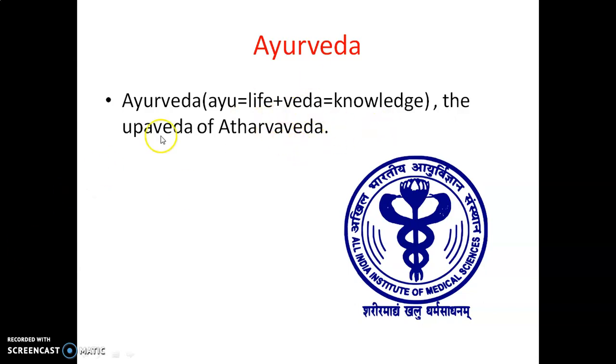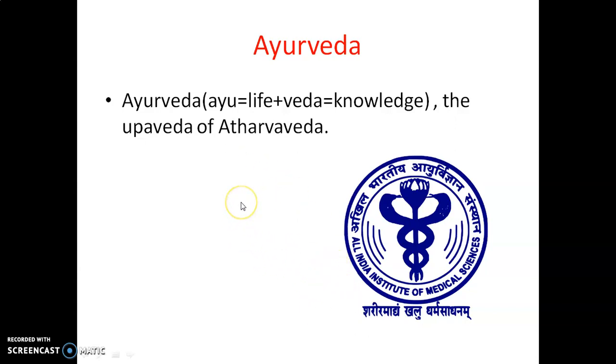It is also considered as an Upaveda of the fourth Veda, Atharva Veda. We know that the four Vedas are Rig, Sama, Yajur and Atharva, and it is considered the appendix part of this fourth Veda. Basically, Ayurveda deals with different types of herbs, plants, animal drugs, anatomy, physiology, different organs of the body, and the principle of treatment of diseases.